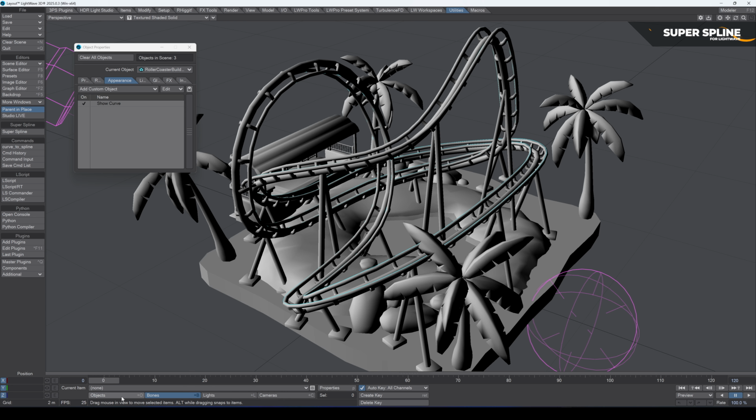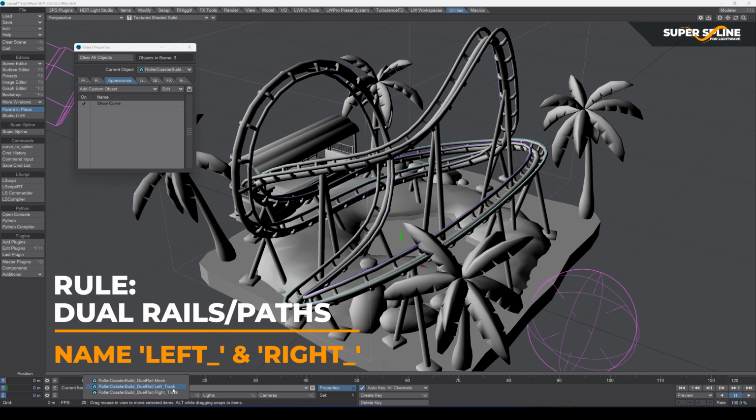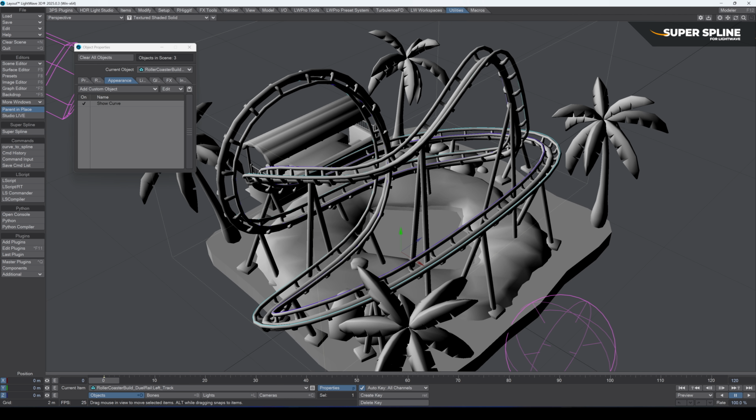So the important rule here is you need to make sure we've named the layers as we mentioned before, but if you're using a dual spline, just make sure you have left underscore and right underscore before the name of your spline, so that it knows which way is which way, and it can calculate the